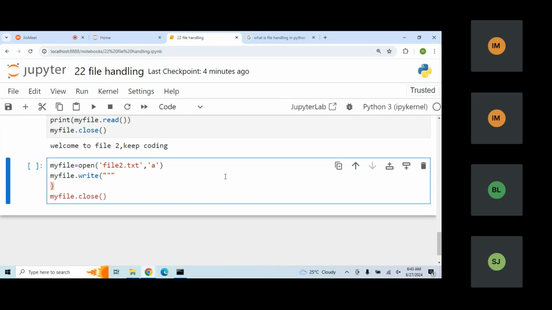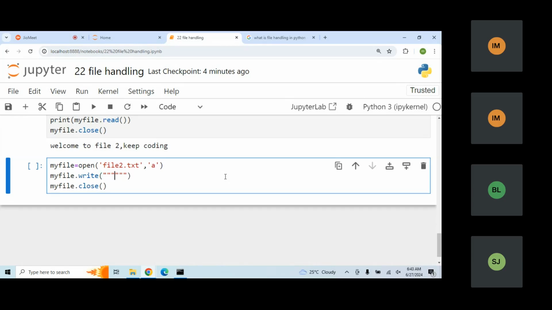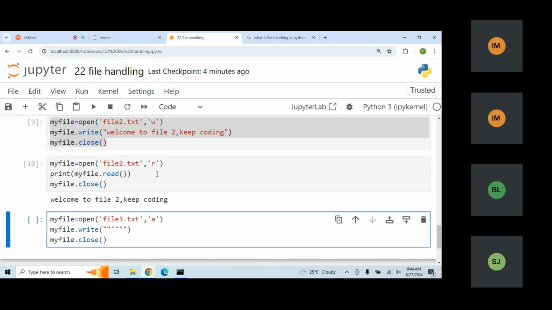Multi-line string. Okay, and here I'll target this file number 3, and here I'm going to mention some particular point, welcome to programming. What is the point? Welcome to Python programming language. Python